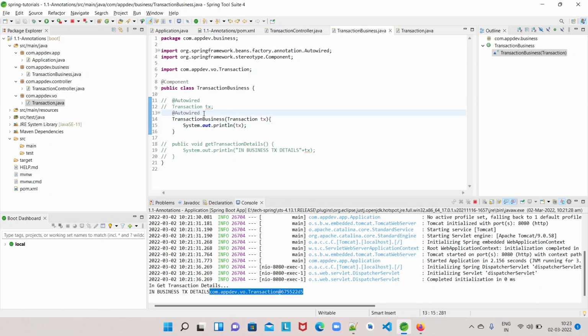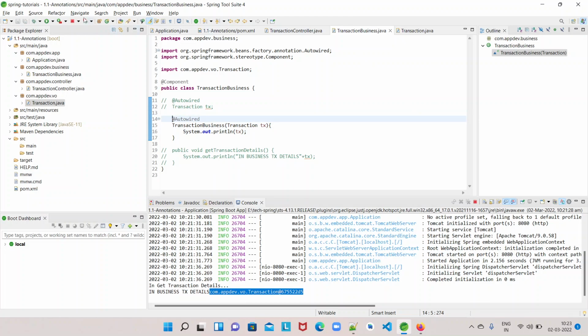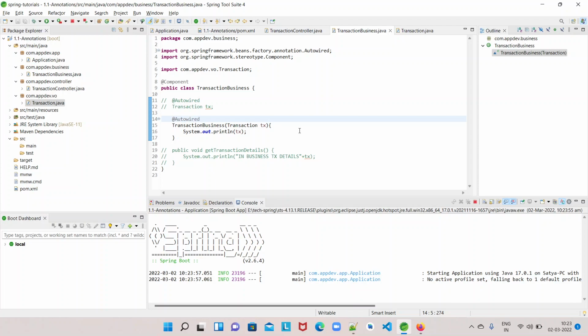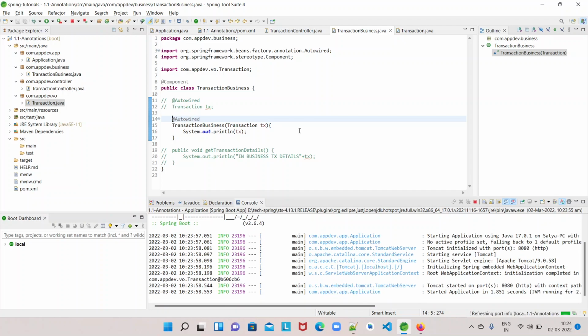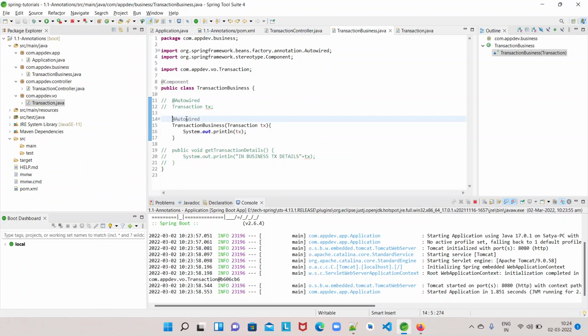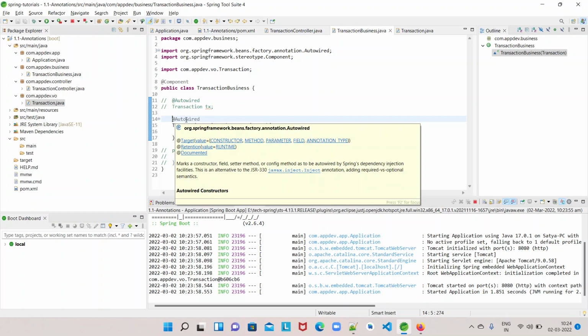See this, while constructing this transaction business bean, it found a constructor of transaction business, and it needs a transaction vivo, and we annotated that constructor with @Autowired.